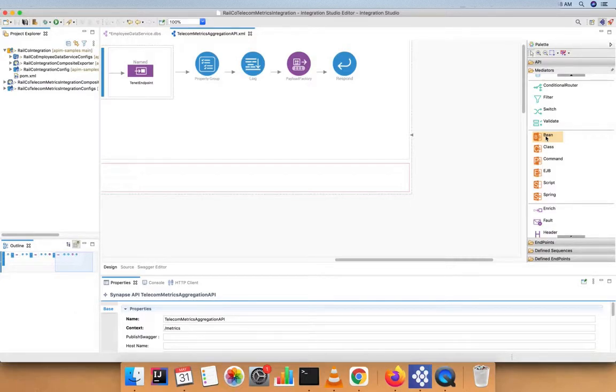Now I have completed my integration service. Actually two services. The first one is to read the database table and expose that to the outside. The second one is to communicate with three different backends and aggregate the responses as a single JSON payload. Okay.